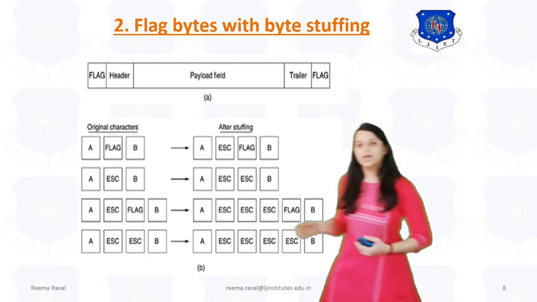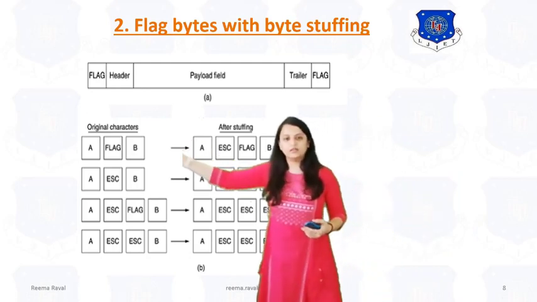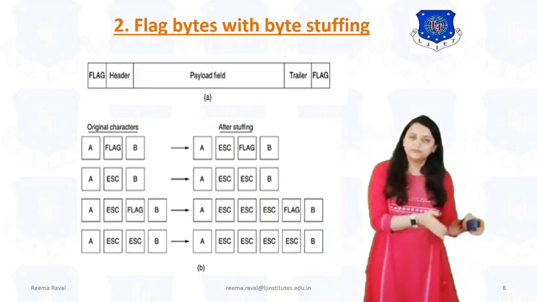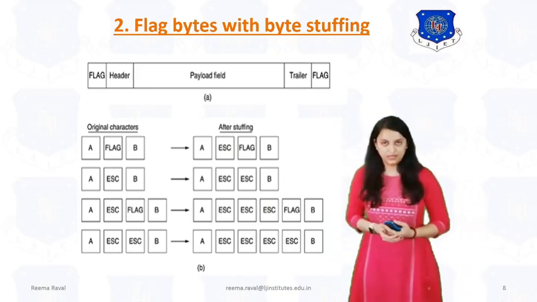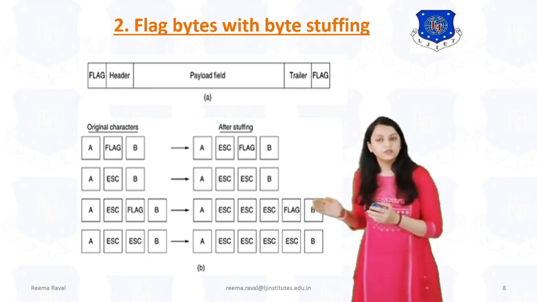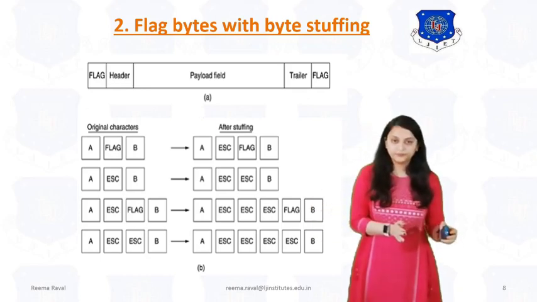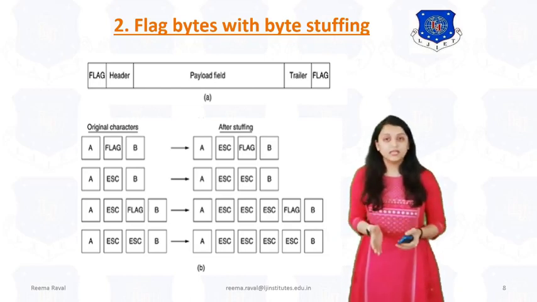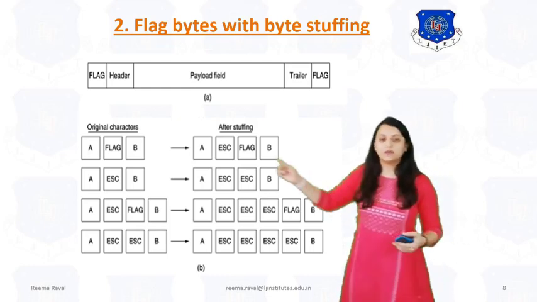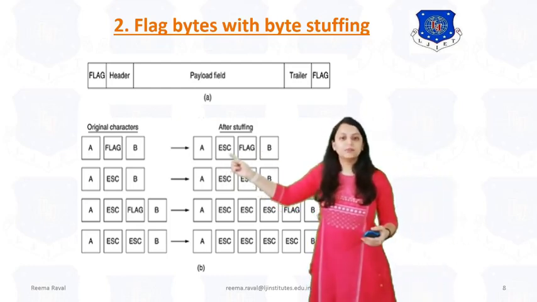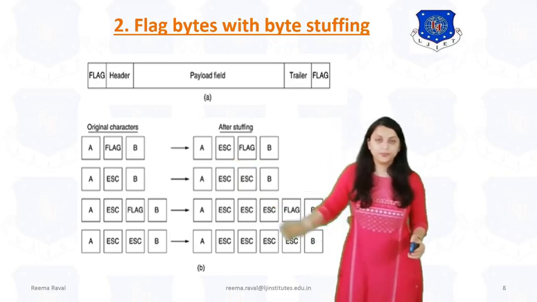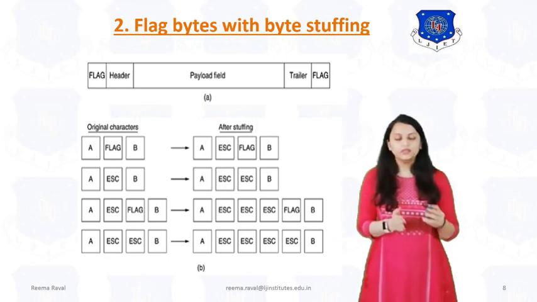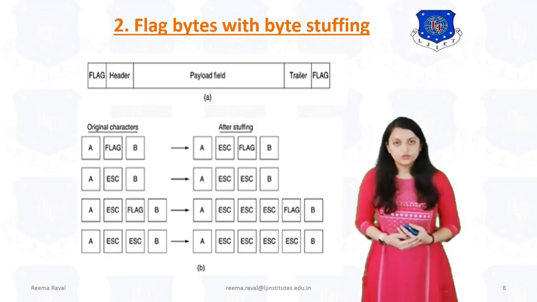In the first case, as you can see over here, the original characters are A and B. That means A frame and B frame have a flag in between, which indicates the ending of A and the starting of B. Now, if the flag bit pattern, that means 0, 1, 1, 0, is also in the data, then we need to use an escape flag like this. Here escape is called the accidental flag. That means whatever bit pattern is decided by you is also in the data. Then we need to store that flag also as data.